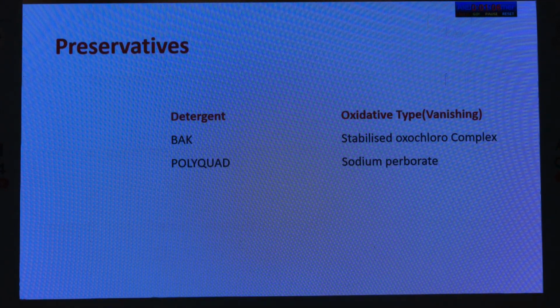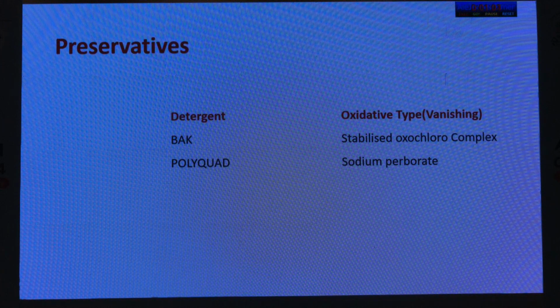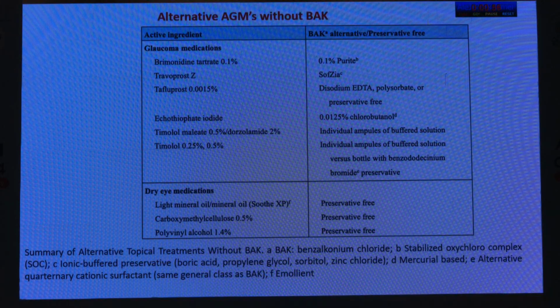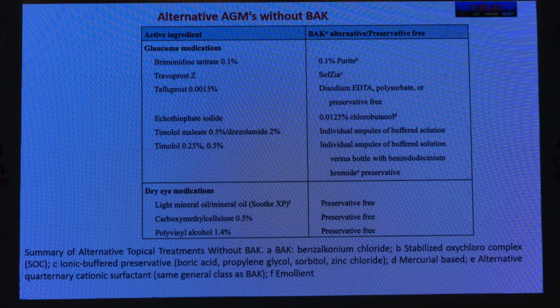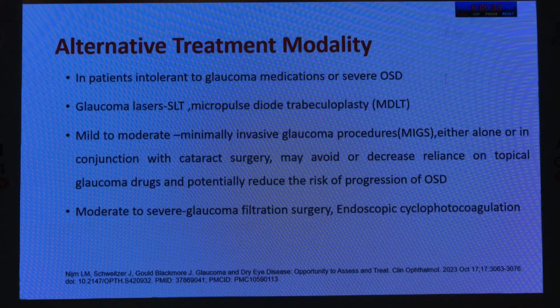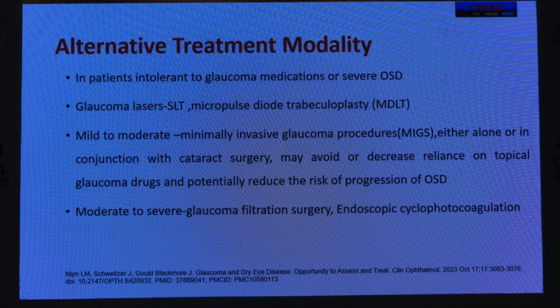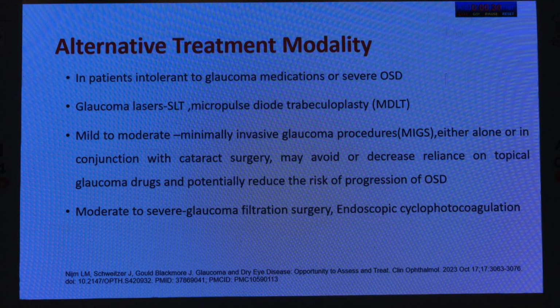In lubricants also, they have preservatives like BAC and polyquad that can be shifted to the oxidative type, that is stabilized oxychloro complex and sodium perborate. So there are n number of alternatives to BAC, or BAC preservative-free medication: Purite, Sofzia, disodium EDTA. Then ionic buffering of the solution is being done so that the toxicity decreases. Then an alternative treatment modality is available in cases who are intolerant to glaucoma medications, like glaucoma laser